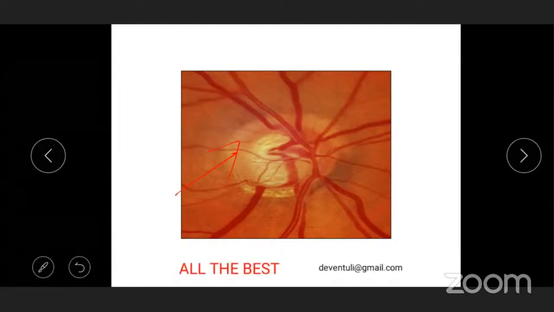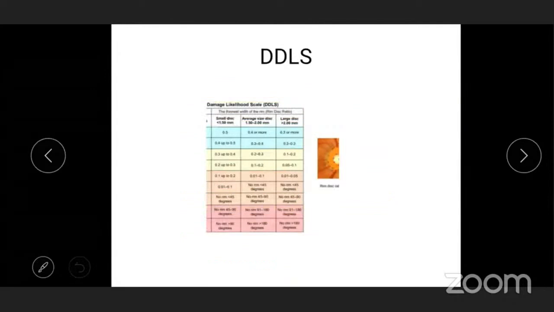And based on all this, what you have is the DDLS scale. And this is available on the internet. I've taken it, in fact, from the ResearchGate site. And it is based on what I've just taught you, the 6 or 7 important points. So there's a table which you can see, and the table is based on those points.